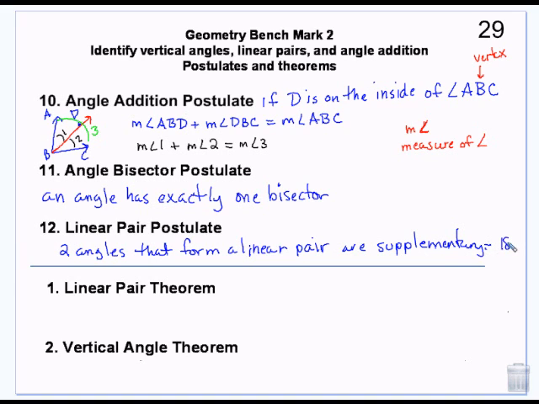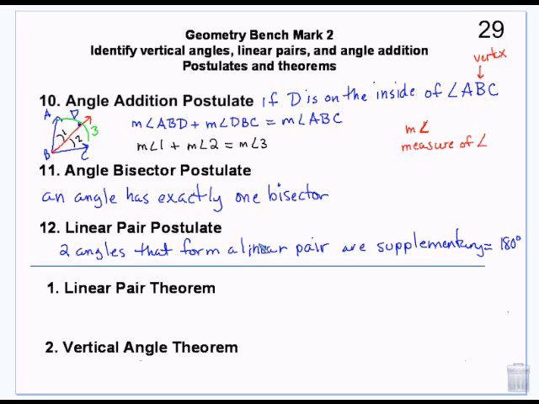So they equal 180 degrees. So any two angles that form a straight line are also supplementary. So linear pair angles are also supplementary angles. And vice versa, supplementary angles will also be a linear pair if you stick them together. So if you had two angles that are floating off in space separately, if you stuck them together, they'd be